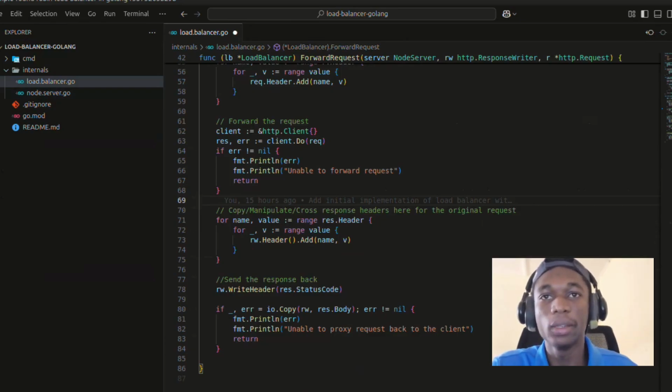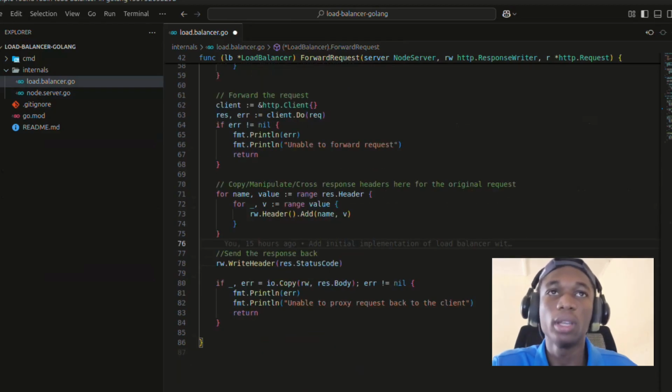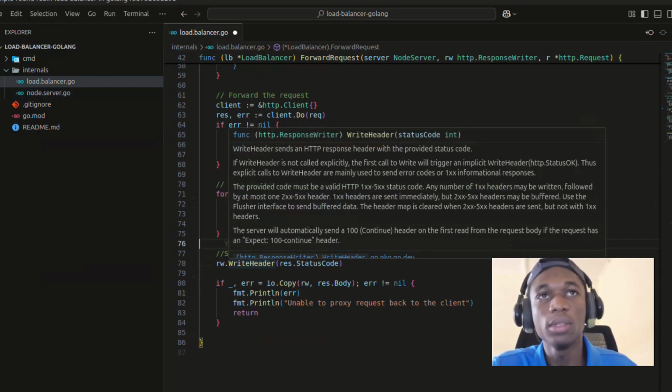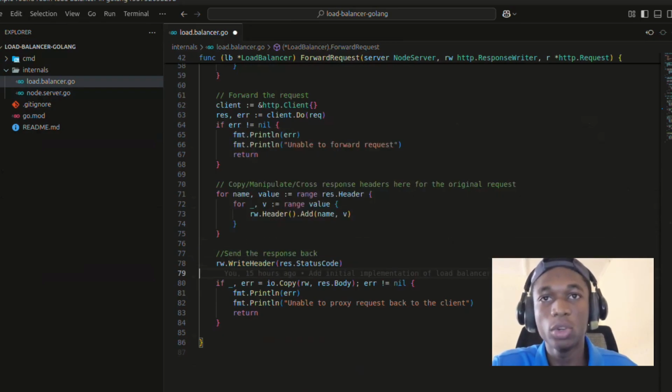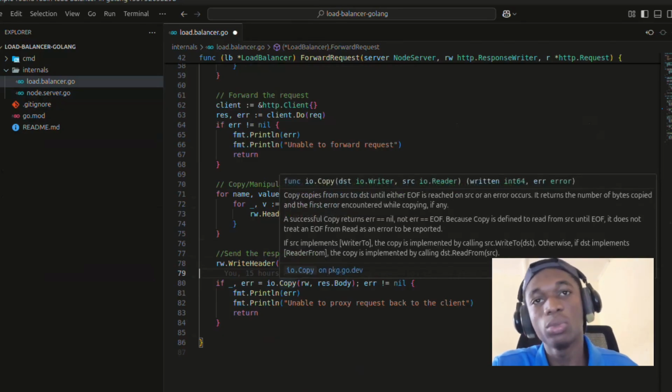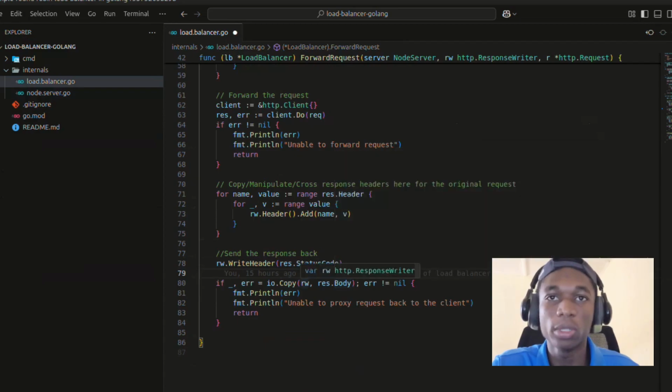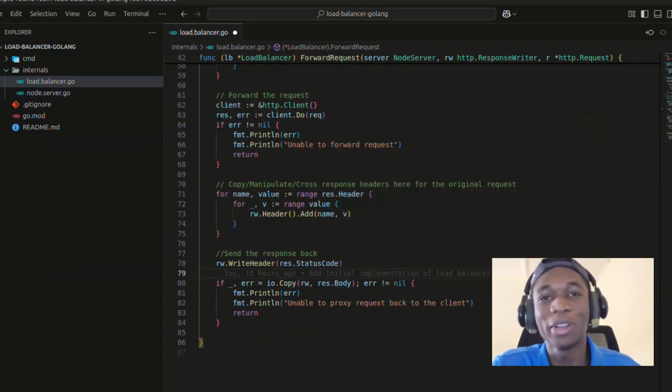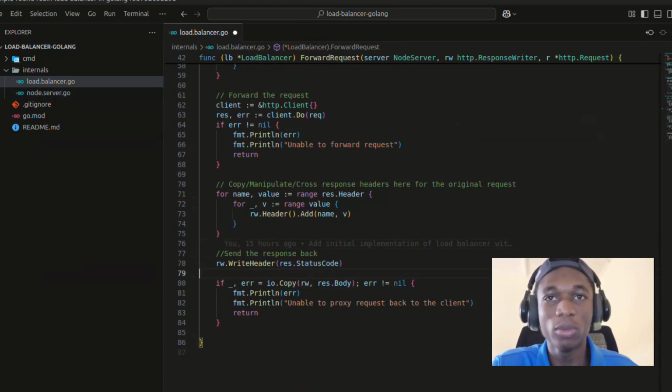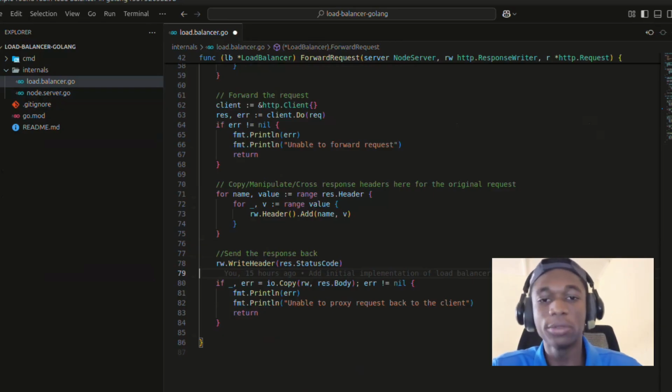Then we write the status code to the response writer object from the HTTP model, and then we copy the response body into the response writer. I don't know why I keep saying request, the response writer, and then we send everything back to the client. So this is where we are able to get the message that's hello world from server,